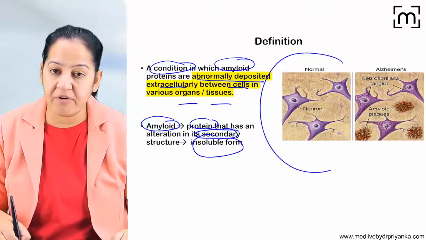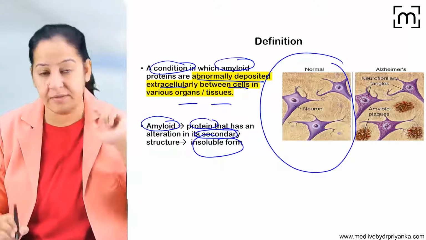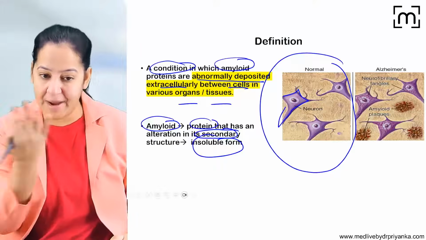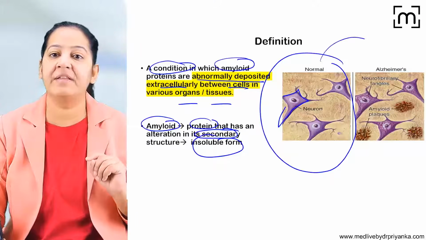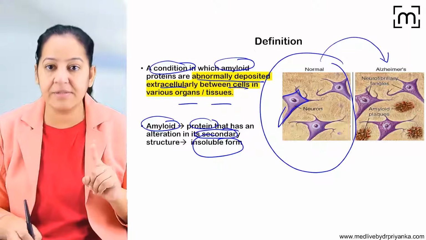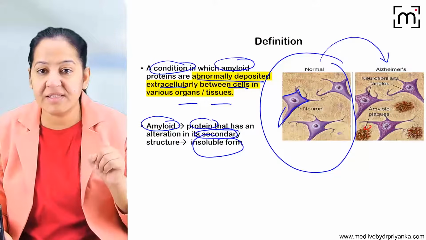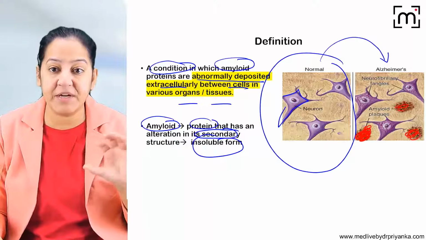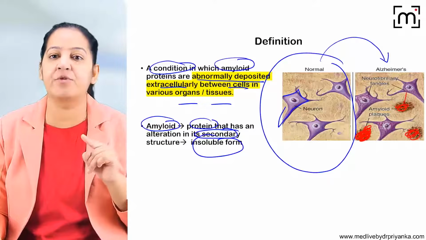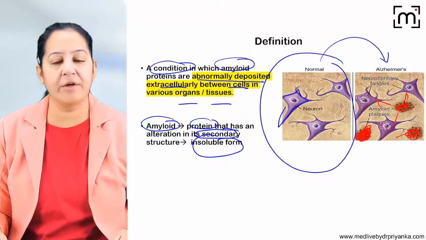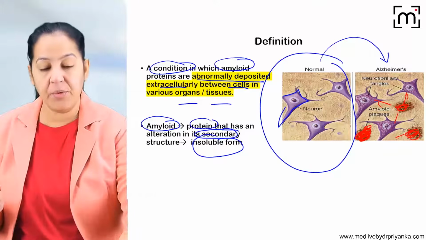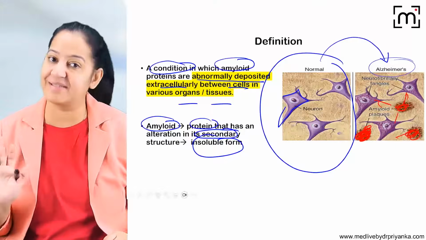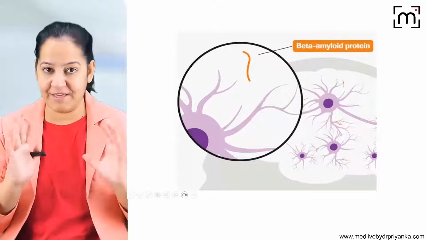See, this is the diagram of a normal brain. You can appreciate the boundaries of the neurons. These all are neurons, and the background is the stroma. Now see the brain in amyloidosis. You can appreciate this is amyloid. The amyloid is forming plaques and getting deposited extracellularly, and it is compressing the neurons and producing the symptoms. Amyloidosis of the brain usually occurs in Alzheimer's disease. Alzheimer's can act as a trigger for that. Got my point?